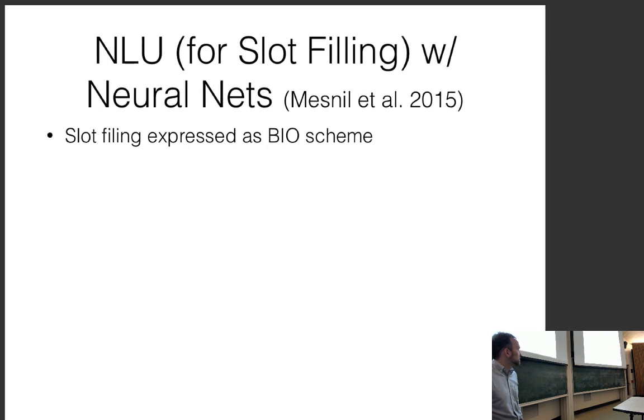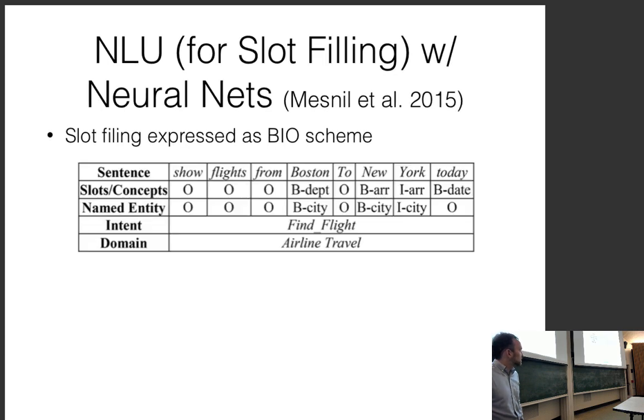So all of these individual components have been neuralized. Natural language understanding can be done by training BIO taggers, beginning-inside-outside taggers, in the same way we would do something like named entity recognition. You also have things like intent and domain classification. So these are telling you what task you want to be doing in the first place. Intent and domain classification are particularly important if you have an open domain task-based dialogue system like your phone. So if you're speaking to your phone,